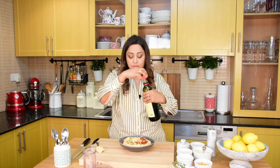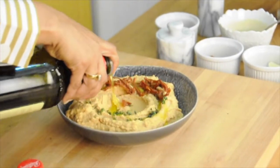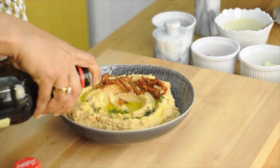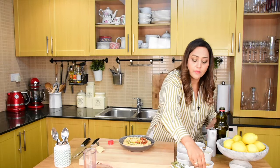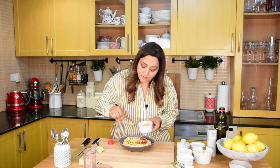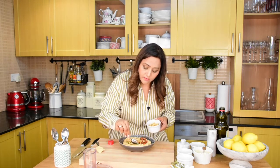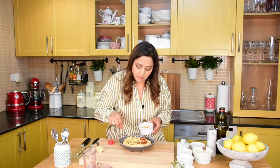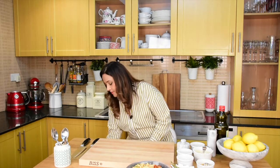And I like to add some olive oil, just a bit of it, and a few more chickpeas. That's it. This is my sun-dried tomato hummus, which I would like to present